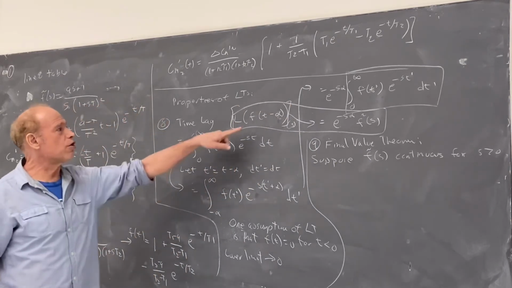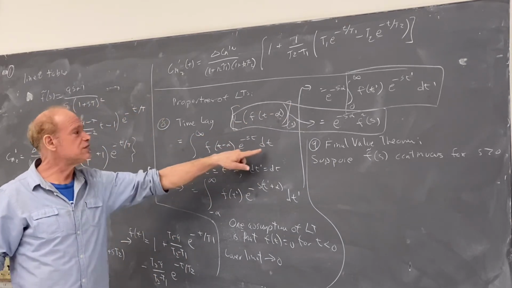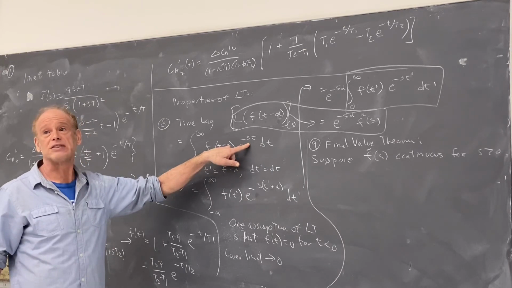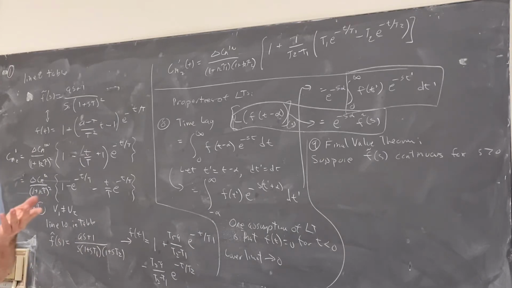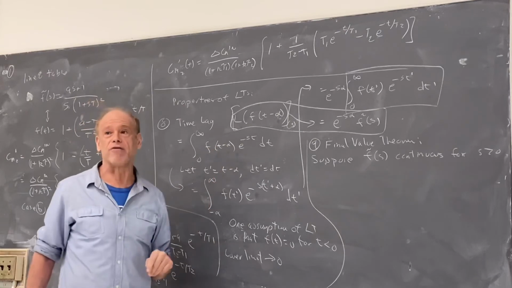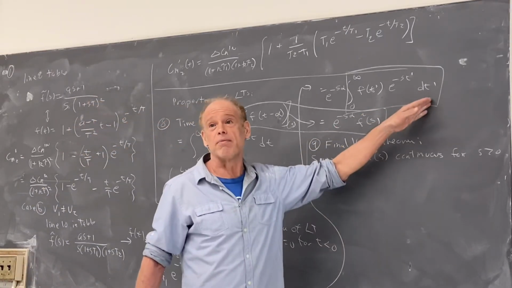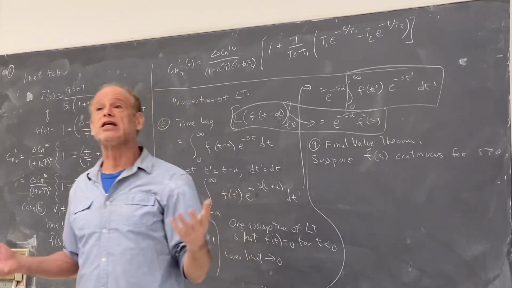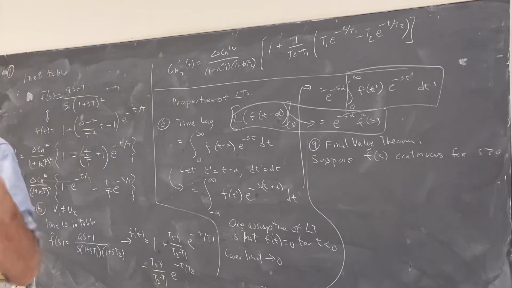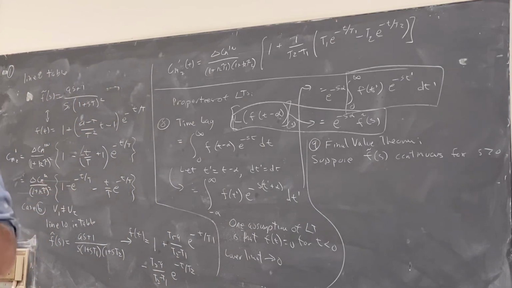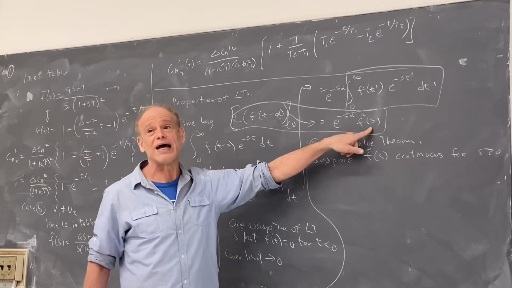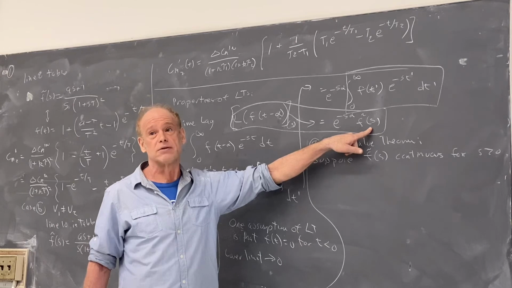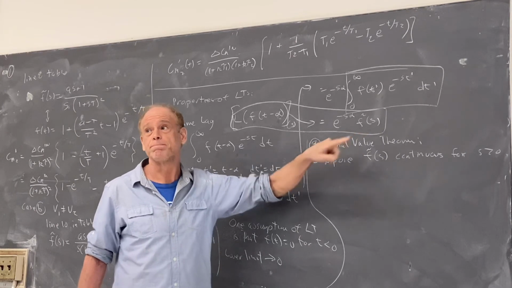The answer is no longer a function of t, it's only a function of s, because I've integrated t out, because t is the dummy variable. So instead of calling it t, I could call it Harry, or anything I like. So I have e to the minus s Harry d Harry. Here I called it t prime. It doesn't matter if I call it t prime, t, Harry, because it's integrated out, it's out of the problem. So the answer only depends on s. It has no t's and has no t primes. Okay. Is that clear?